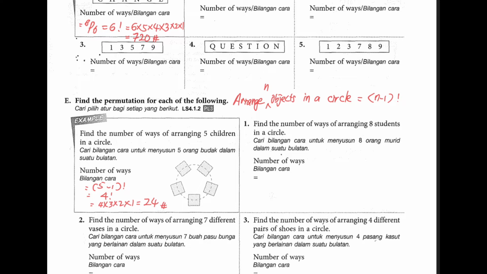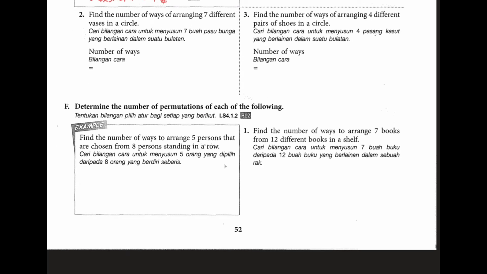So remember it in a circle. Okay, so n minus 1 ways. Okay, now let's move on. Determine the number of permutations of each of the following. Okay, let's see the example here. We are not going to arrange all the objects now, so we have to use